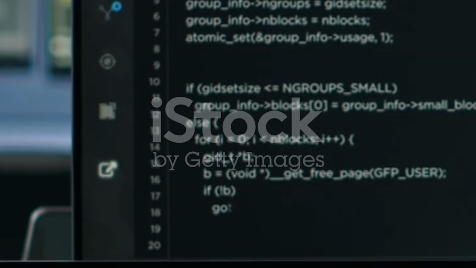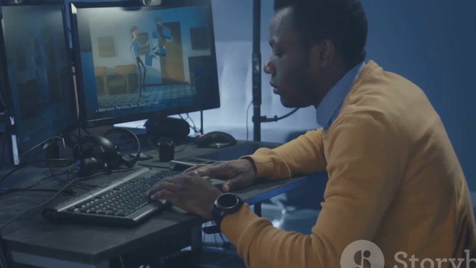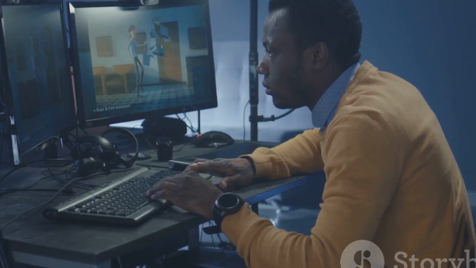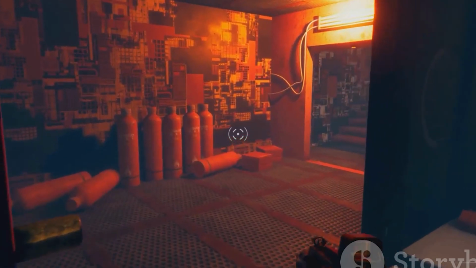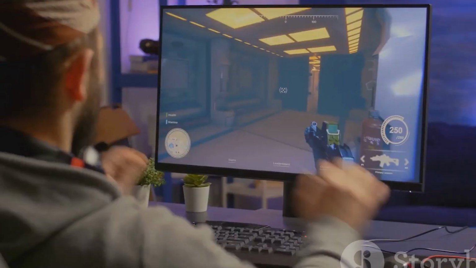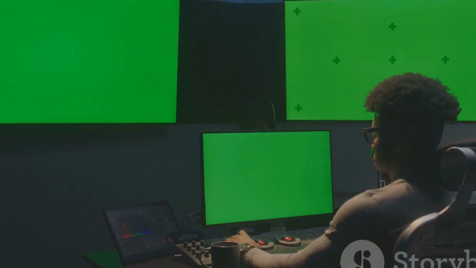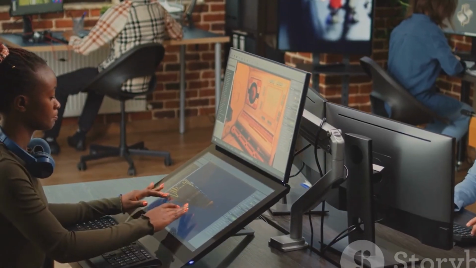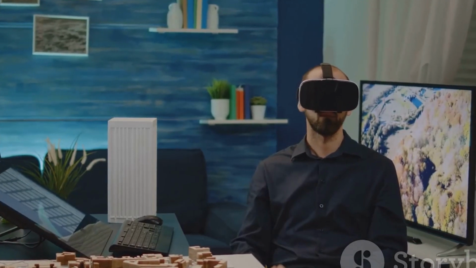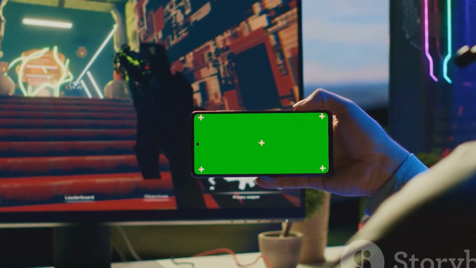We're going to talk about Unreal Engine 5. Unreal Engine 5, or UE5 as many call it, is a super powerful tool. People use it to make amazing video games. You might have played games made with it. It can also be used for movies and other cool visual things. Think of it like a giant digital workshop. It has everything you need to build your own worlds. We are going to explore its basics together.